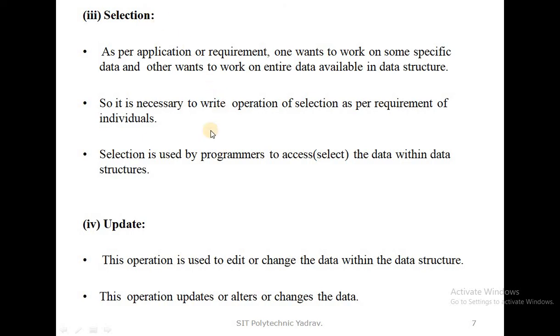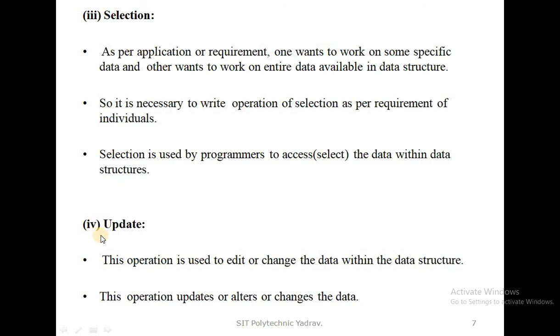Similarly in a data structure, when one person wants to work on specific data and another on the entire data, we select that particular data and give it to each individual as per requirement, using the selection operation.